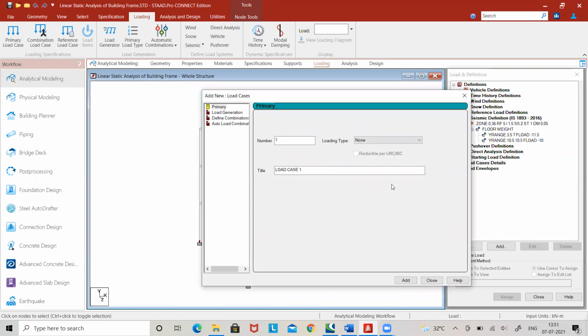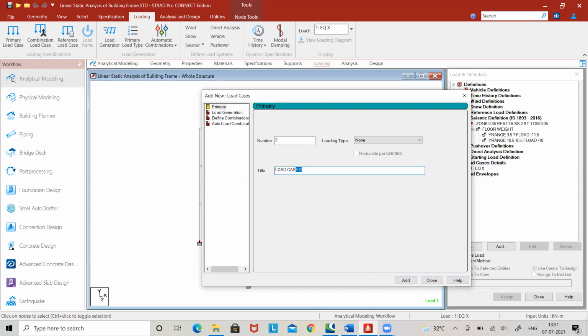Now, there are two ways to analyze the seismic loads. That is, you just want to analyze it for seismic loads, not considering the dead load, live load, or you can consider the combination also. So here, I am considering a load case where there is only earthquake, no floor load, no dead load on the floor, no live load on the floor is going to act in this load case. So I will make it EQ acting along X direction, and I will add it.